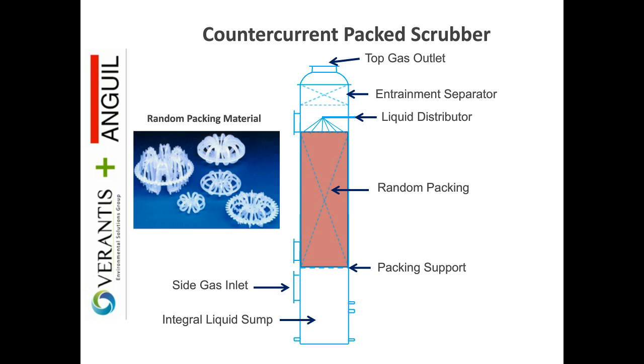The filamentous packing is typically preferred for these applications because it relies on a very small actual area of packing facing the gas stream, and it uses the shapes of the packing to break up the liquid so that you get very, very high liquid to gas contact area. What that means is, comparatively speaking, you end up with very effective mass transfer at low energy cost and low pressure drop. So you end up with smaller scrubbers that can run at 500 to 600 foot per minute gas